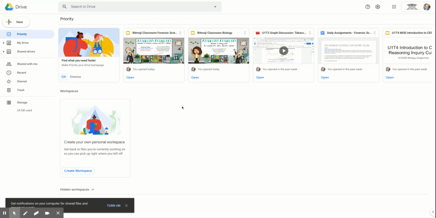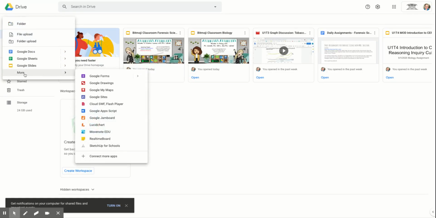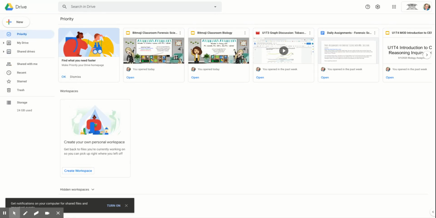Today we are working on our Google form that is going to be your survey for the Observation Skills Project. So in your Google Drive, you are going to select New, and then you're going to go to More, and this is where you'll find your Google form. You click on Google Forms,